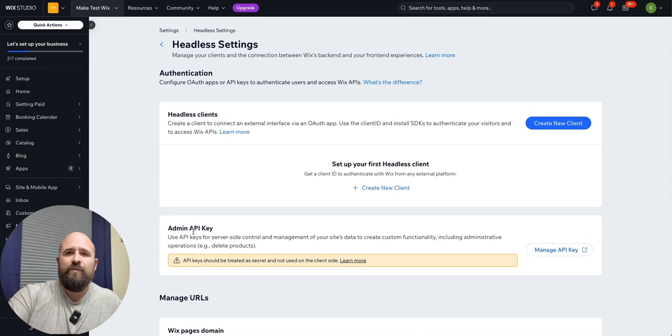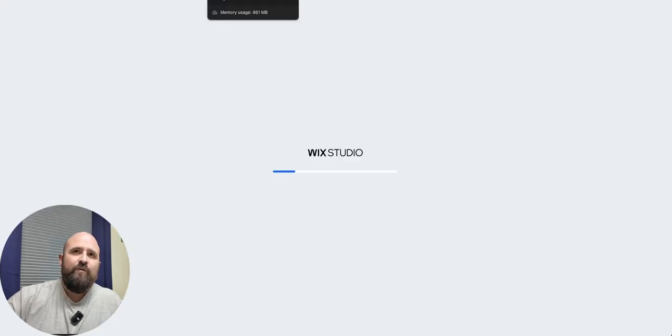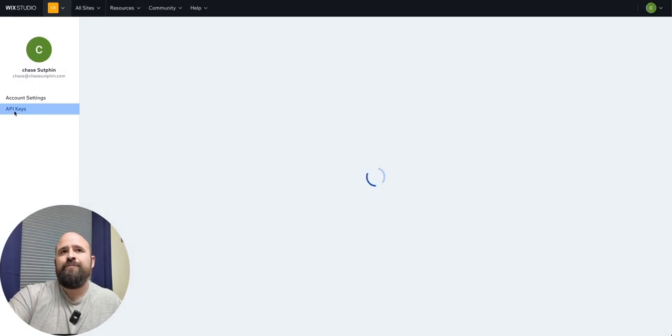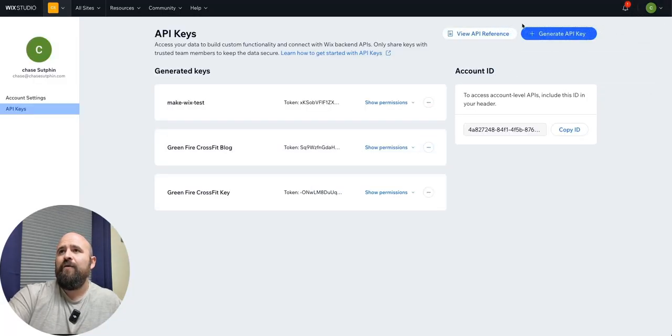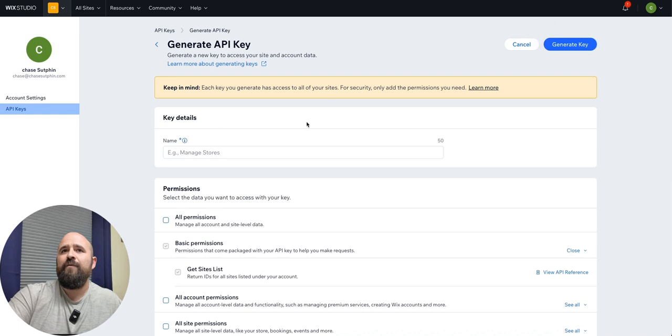We're going to be working with the admin API key. So we're going to click on manage API key. And it's going to open a new tab where you can manage the API keys for the account. So in here, I already have one created for this that we're going to be using, but let me just go ahead and show you real quick how to do this. So we're going to click on generate a new API key,